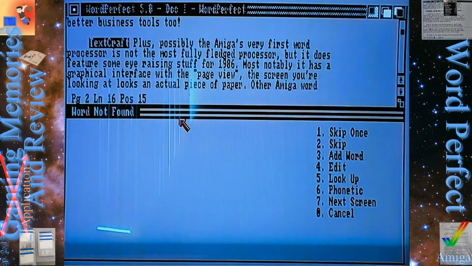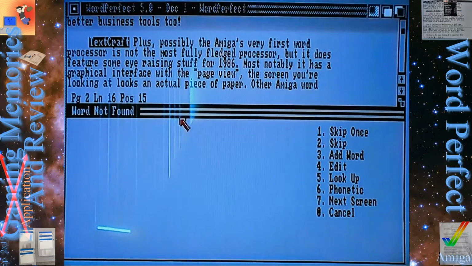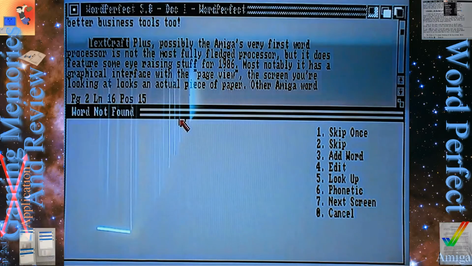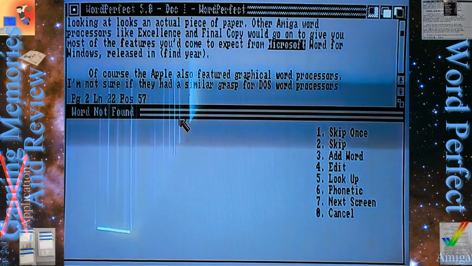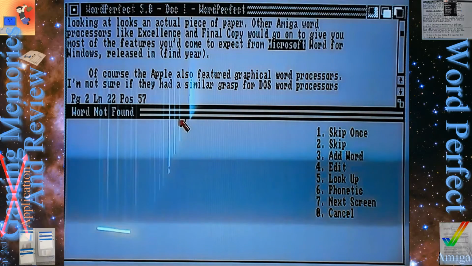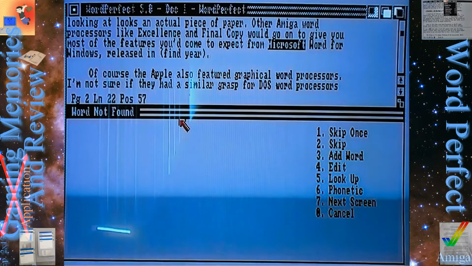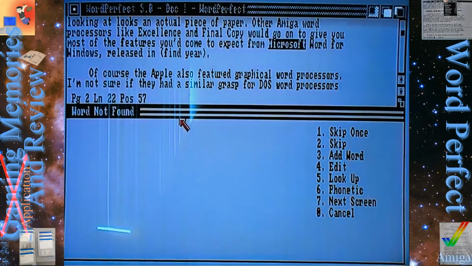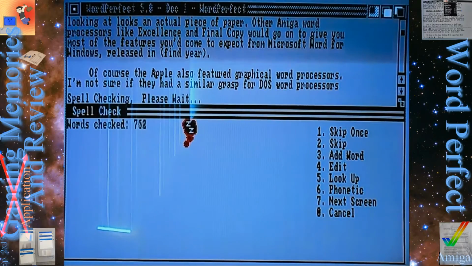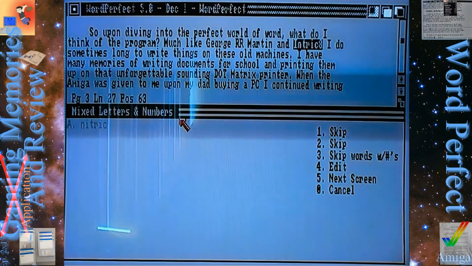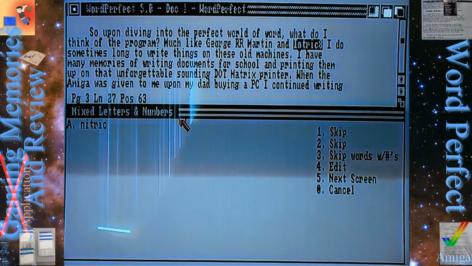Spelling is not a measure of one's intelligence. It's just a measure of one's ability to spell. I know people that are not the brightest people, and they know how to spell every word in the dictionary. That's a good job, though. Word not found. I wish that were the case. And then I know super intelligent people that can't spell a thing, so I don't believe that is a measure of one's intelligence at all.